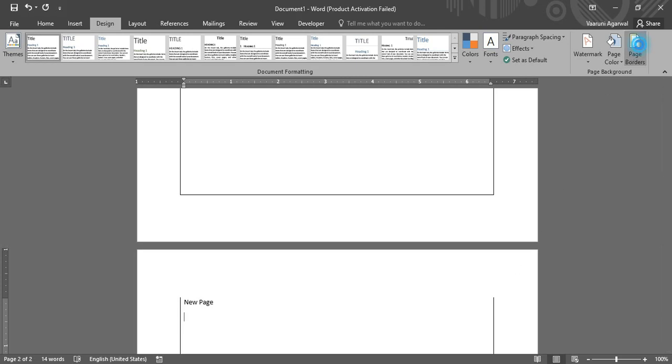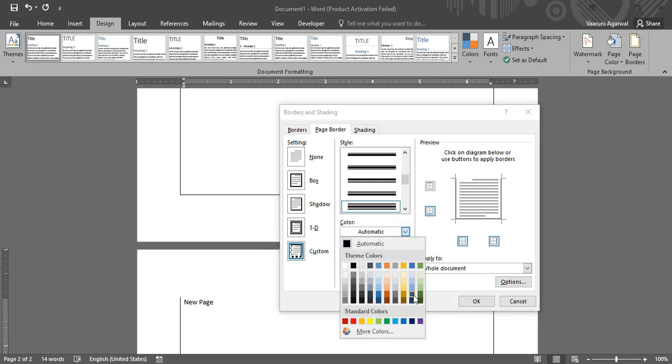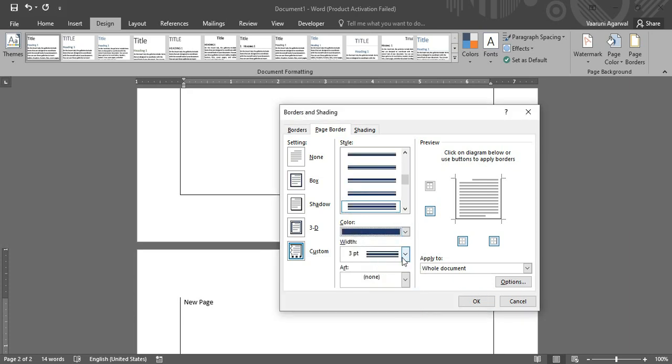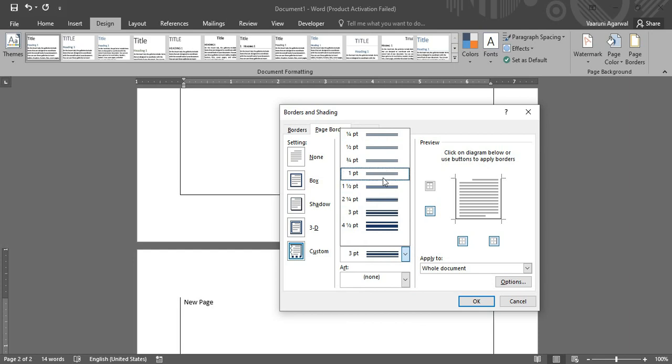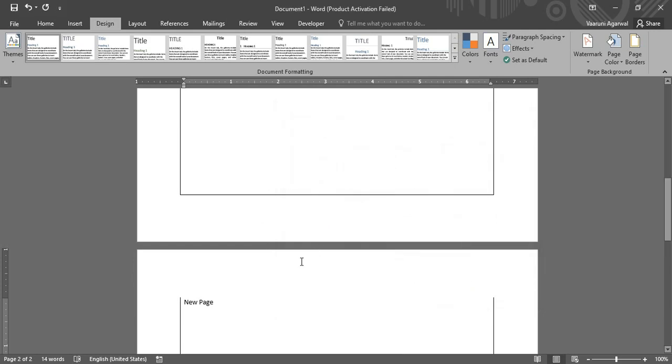But now let us customize it to other designs as well. So again we can go to the page borders option. Suppose we don't want the simple style, these are all the styles that are supported. You can select any of these styles, maybe some funky ones, maybe some simple ones, that totally depends upon you. If you want to change the color as well, you can do that. You want to change the width, let's just go with the 1 point width. You want to add some kind of art for your borders, that also you can do, but let's first go with the none art to see how it is looking.